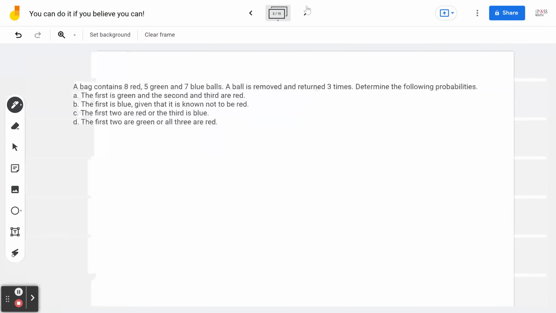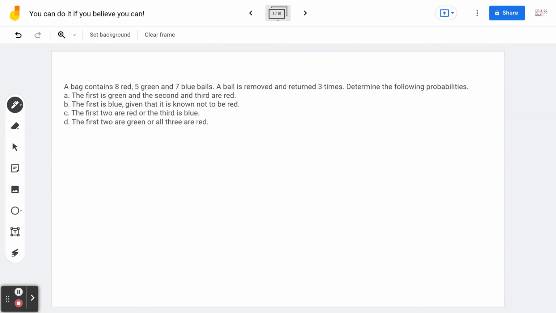Let's keep going. You got this. Part C. The first 2 are red, or the third is blue. So this is probably the most detailed method I'm going to show you here. Again, I'm taking a slow and methodical approach. Of course, you can combine using permutation and combination, which again I'll save for a separate video if you want a shortcut. But if you think about part C,